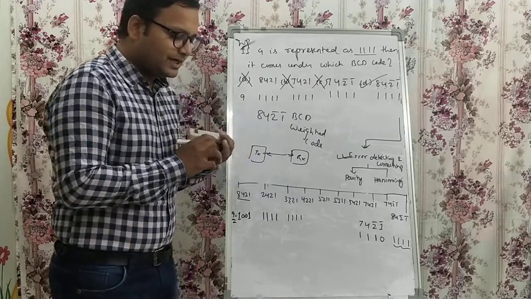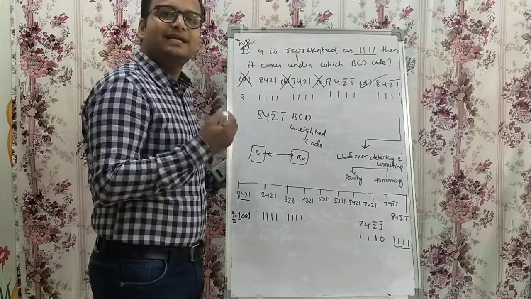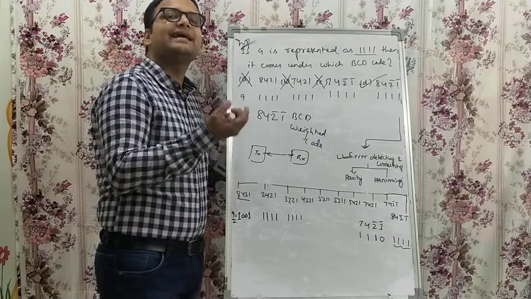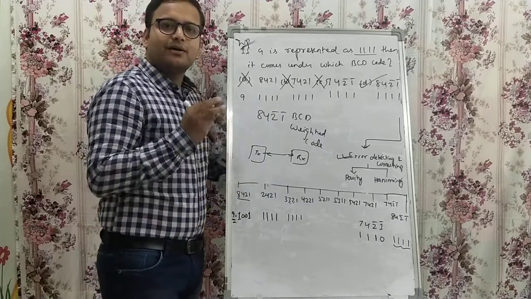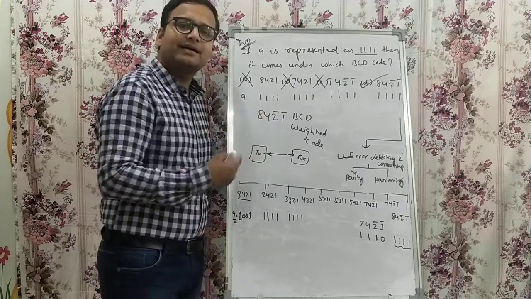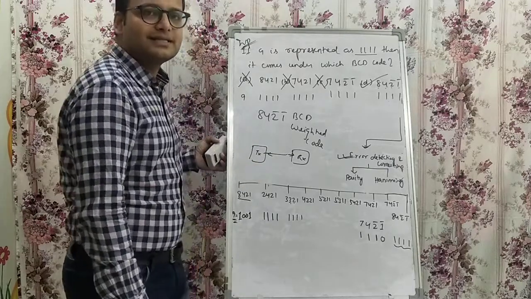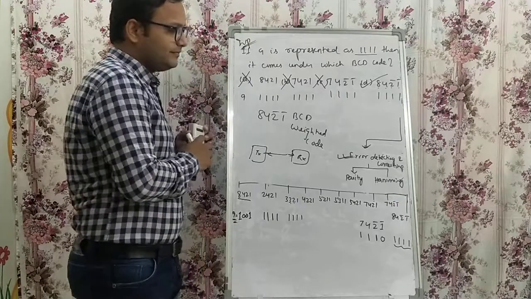So what is binary code? Binary code is nothing else but the way a value or digit can be represented using certain coding techniques. These are the coding techniques: weighted codes, non-weighted codes, reflective codes, alphanumeric codes, error detecting and correcting codes, and sequential codes. Sequential codes are nothing else, there are certain sequences in them actually. Thank you.